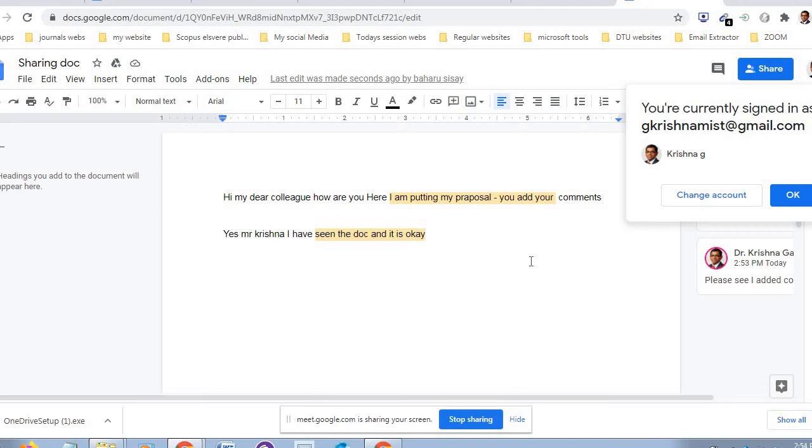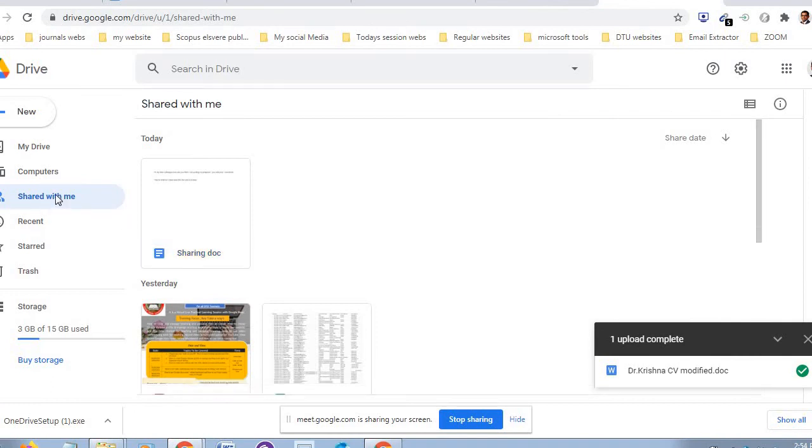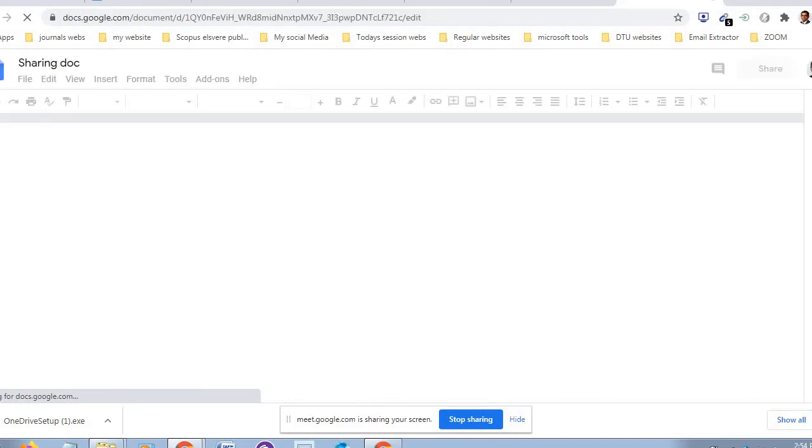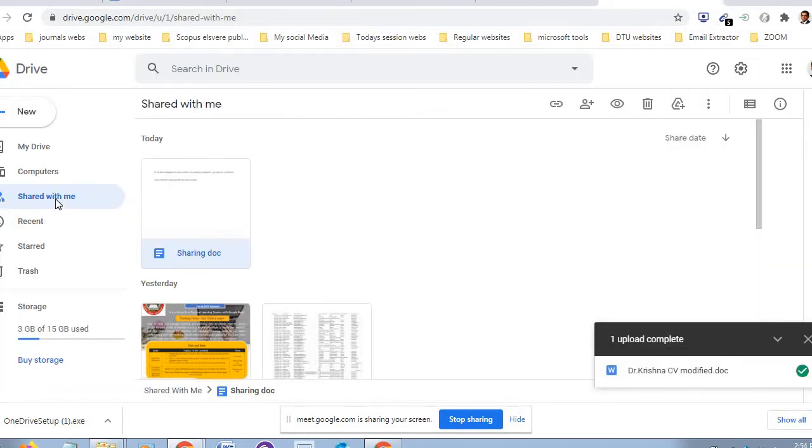One document you can exchange. Even Baharu also he will send. Did you send Baharu? Yeah. You send the document. Let me see Baharu document also. I think still it has not come. Sure. Now modify and send to me. Open that again, do that. Like that. So no uploading, no downloading, just sharing among the teachers, among the students. You can share any material or any official documents among the group members.